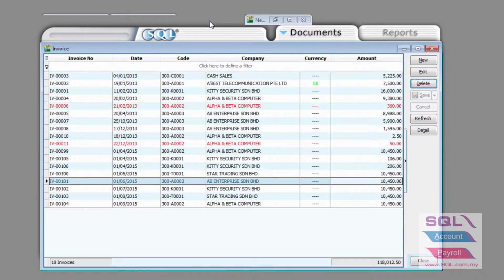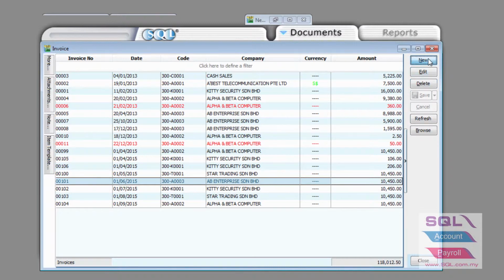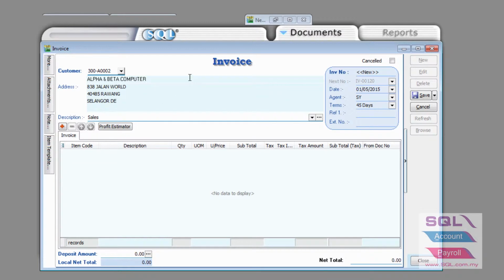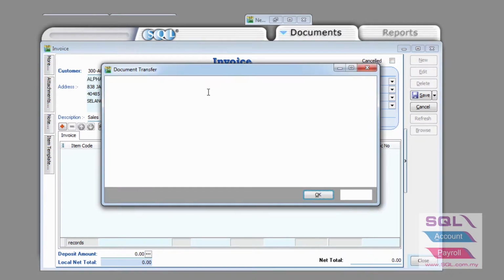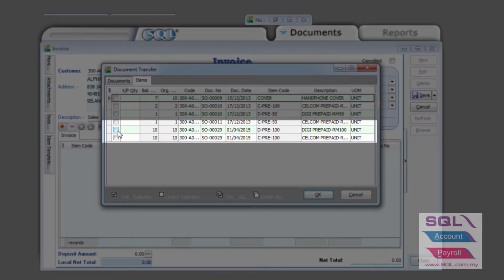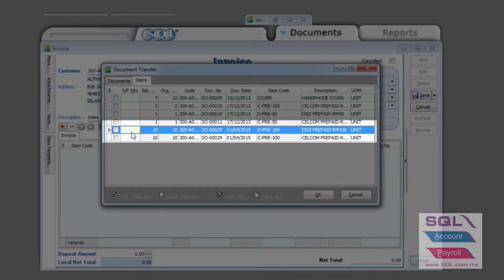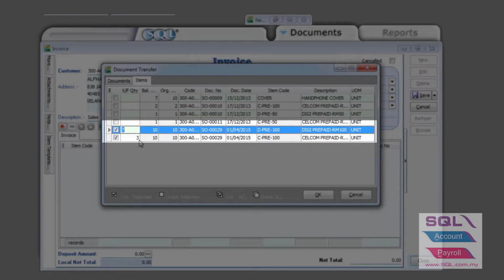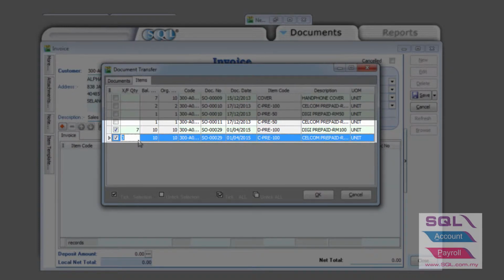Next, we go to an invoice. Let's make the presumption that this sales order is going to be converted to two invoices. We're going to manually and purposely input a unique number, XXX, for this invoice, and transfer from the sales order to an invoice using the transfer module. We're going to make it a little more difficult by keying in a partial delivery. So 7 units were delivered to this invoice and 3 units to this invoice, with 2 different items from the same sales order number